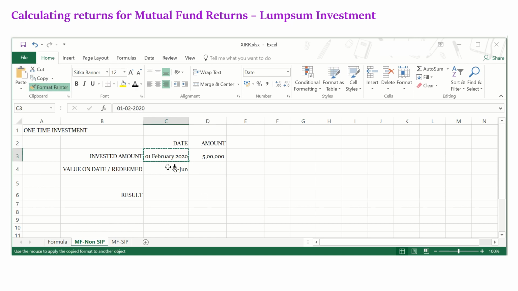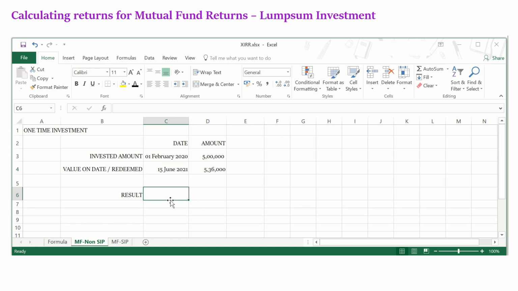So let us make the date format identical, and your redemption value was maybe 5 lakh 36,000. This is very much similar to whatever we saw in the previous video, where you saw the practical application of the XIRR formula. But the beauty or the power lies when we have more complications or additional details.